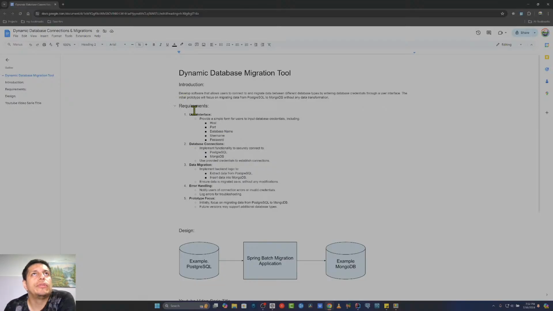Tools we want to build. What I'm trying to build is a dynamic database migration tool. So I'm going to go over the requirements for that. So, introduction, right? What we're trying to do is develop software that allows users to connect to,